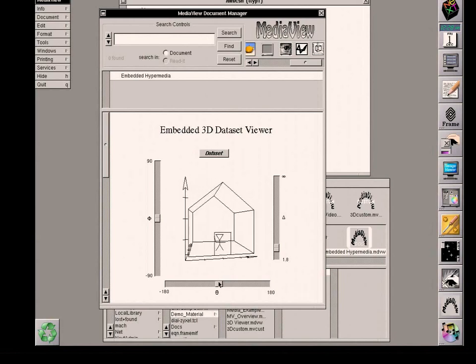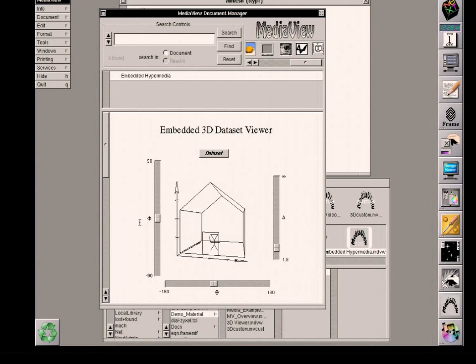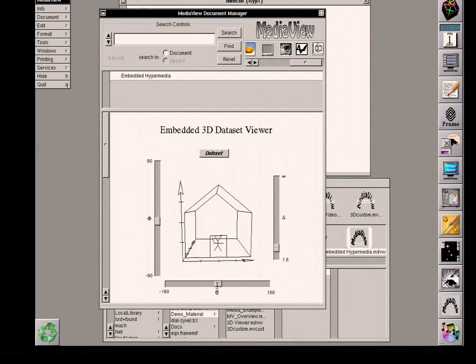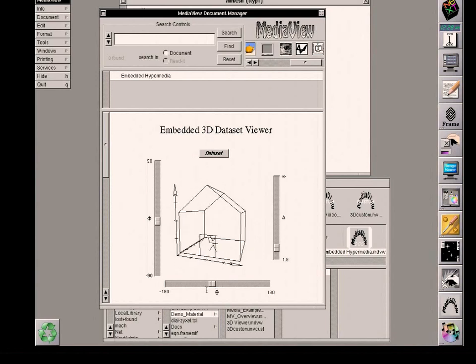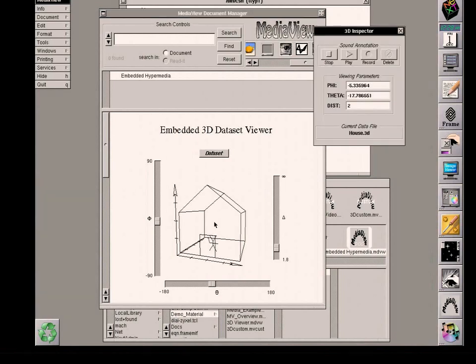And so as I'm moving the sliders back and forth, you can see that the data set is moving in real time in response to the position of the slider that I have here. There's an additional capability should one want to have more precision in orientation. Then I can double click on this